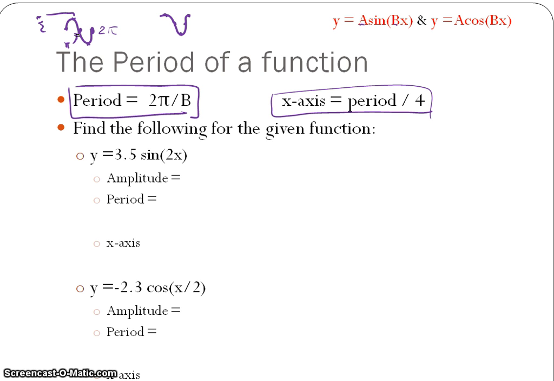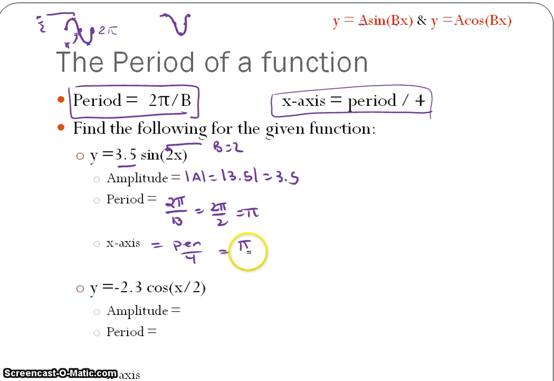So we're going to use what we know from amplitude and these two new things to find the following. So the amplitude is the absolute value of a, and our a value is 3.5, so it's the absolute value of 3.5, which is just 3.5. The period is 2 pi over b, and in this case our b is 2, so it's 2 pi over 2, or pi. And the x-axis is going to be the distance between our tick marks, our key points along the x-axis,